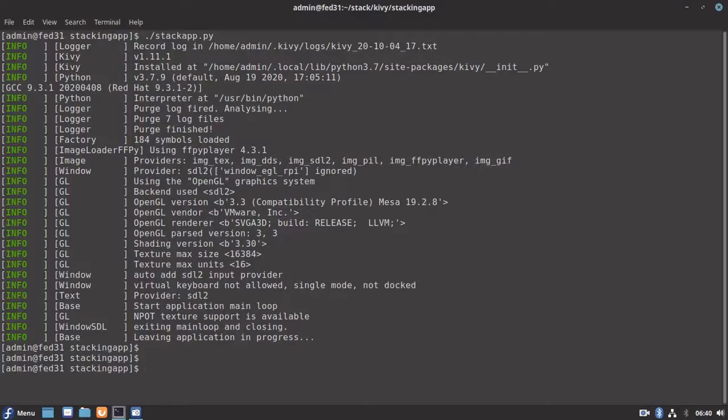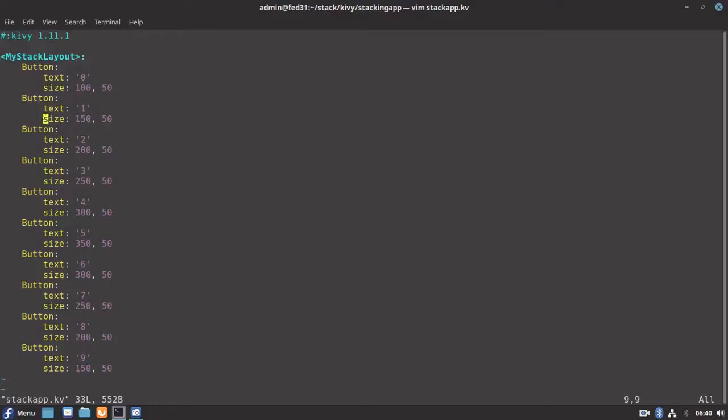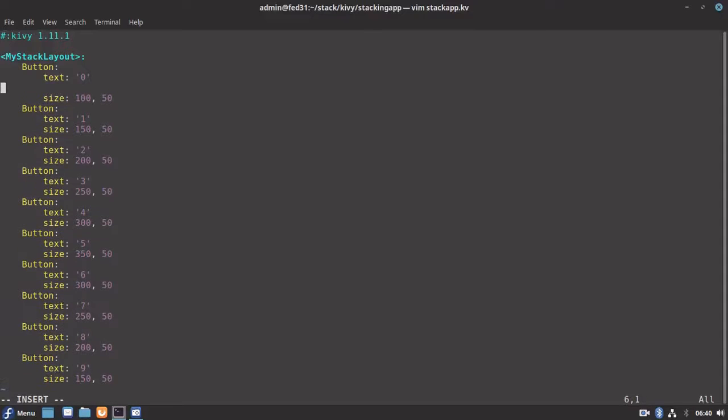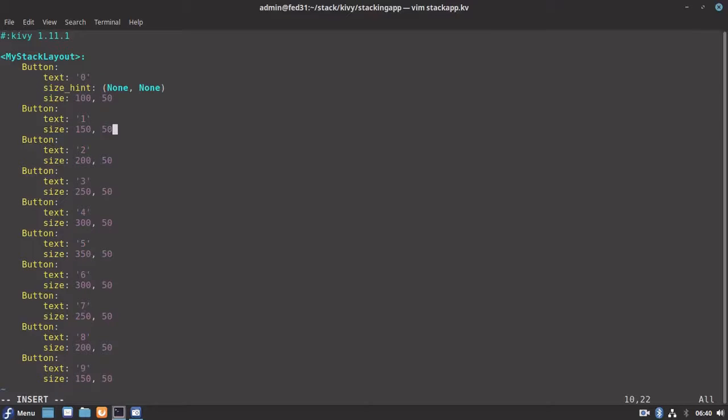Let's try to change that in the KV file. Here we have given the fixed size of 150, but we need to make the size_hint as None for both x and y. Let's try to copy this one for all the buttons.